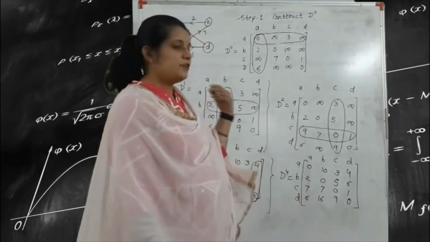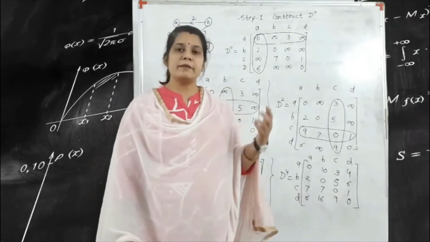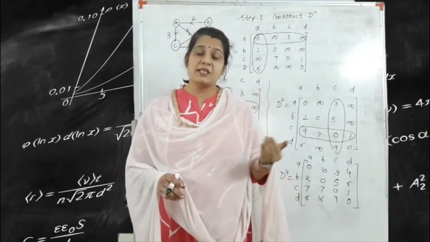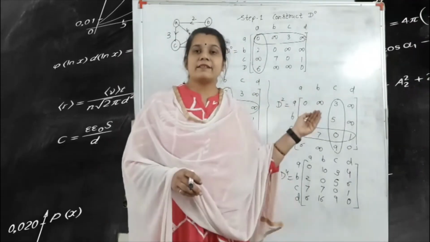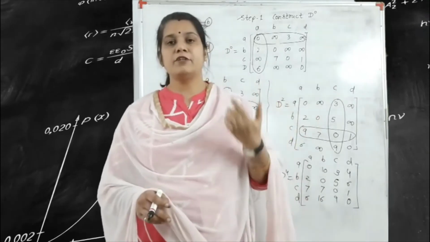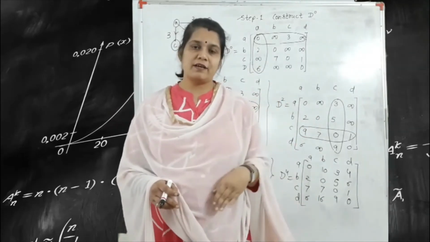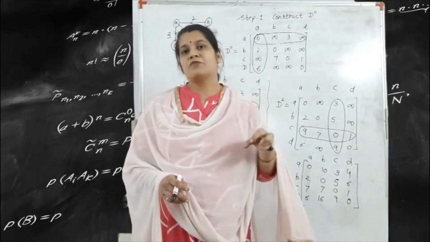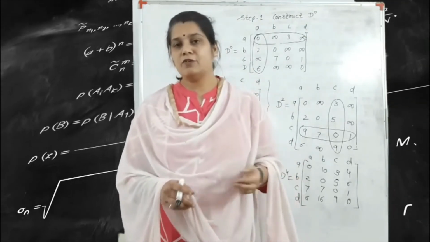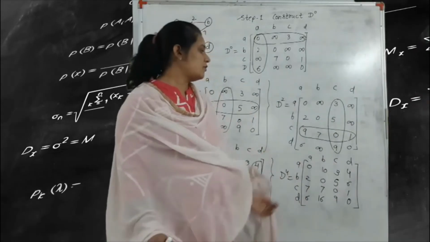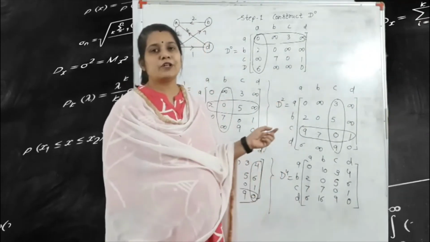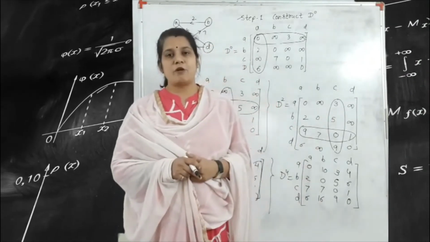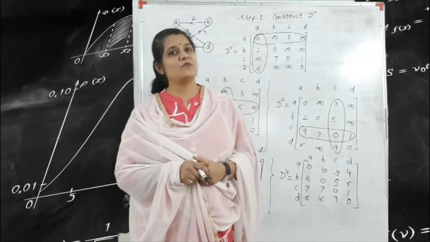Okay, so here we find the D4. So always keep in mind, if you are given a vertex, according to the vertex you write the matrix power of D. If your given vertex is 4, you find the D4. If the given vertex is 5, you find the D5. Okay, so this is the process for finding the shortest path with the Floyd-Warshall algorithm. I will continue this topic in our next lecture. Thank you for watching this video.